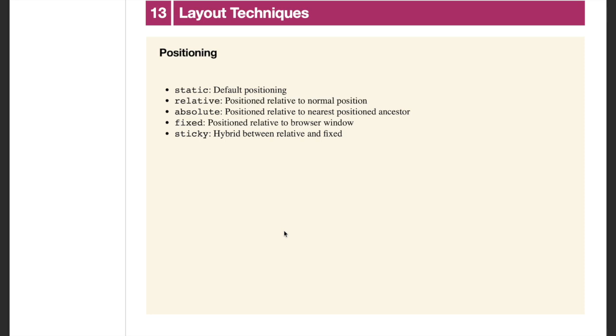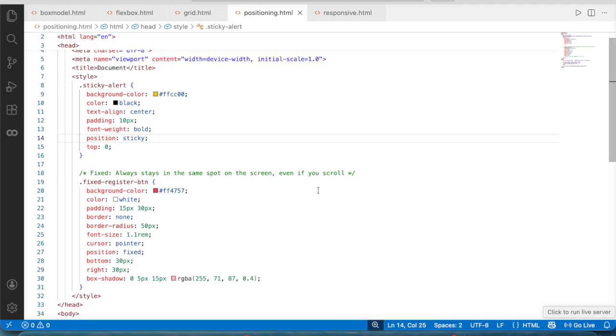And finally sticky. This is a brilliant hybrid between relative and fixed. It behaves normally like a relative element, but the moment you scroll past it, it sticks to the top of your screen like a fixed element. और ये नेविगेशन बार्स के लिए बिल्कुल बेस्ट होता है।